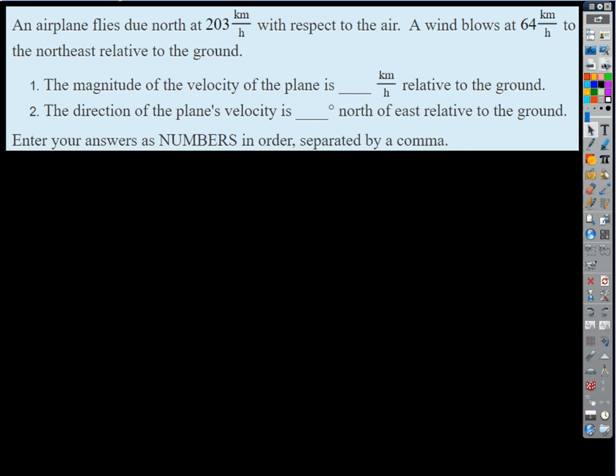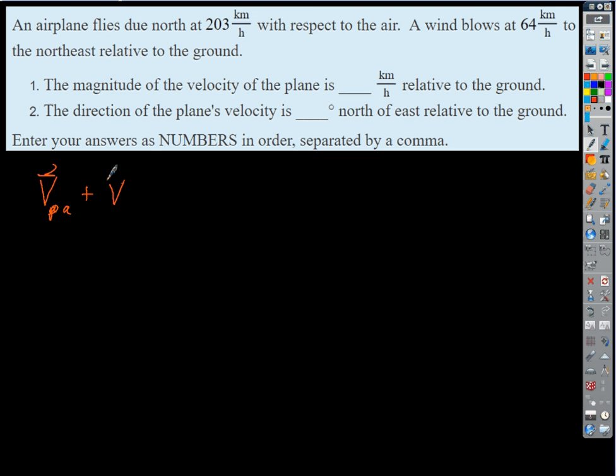A wind blows at 64 kilometers per hour to the northeast relative to the ground. Okay? Now I want to show you a little trick here. If we want to write these vectors using subscripts, we could say the airplane flies at 203 kilometers per hour relative to the air. So one way to say that is the velocity of the plane relative to the air, right? Does that make sense? V sub PA